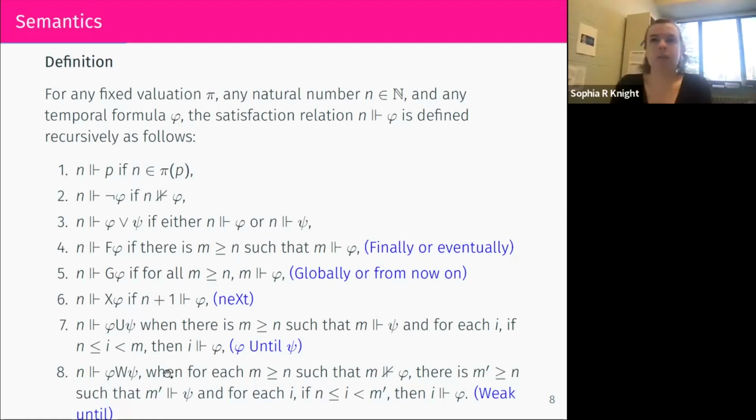Now this logic is used for talking about properties of computations. For example, it would be useful to know that the system never reaches deadlock, so that would be not F deadlock, something like that. You can express fairness properties as well, like if a request is made, then the request remains in the queue until it is answered, something like that, those kind of properties. And LTL has a lot of practical applications. It's been used to verify airline software and things like that.